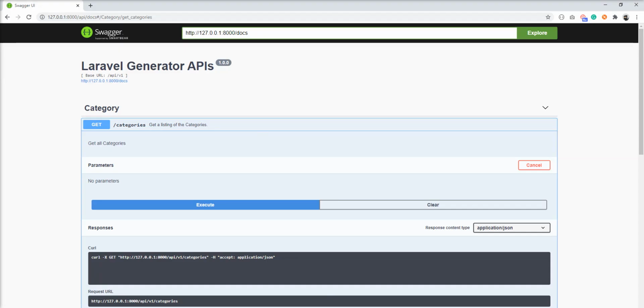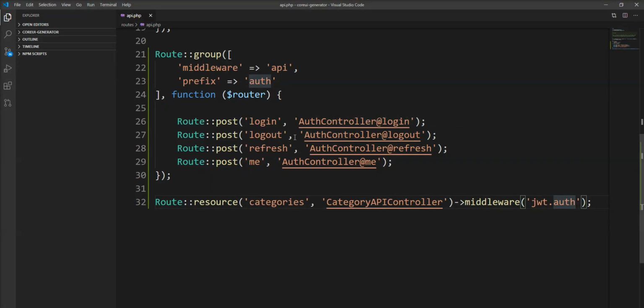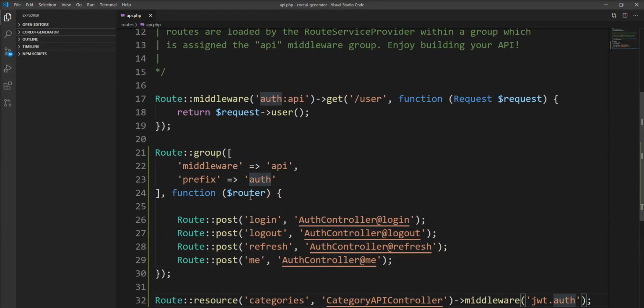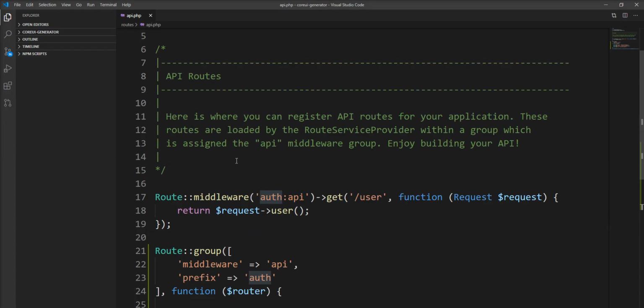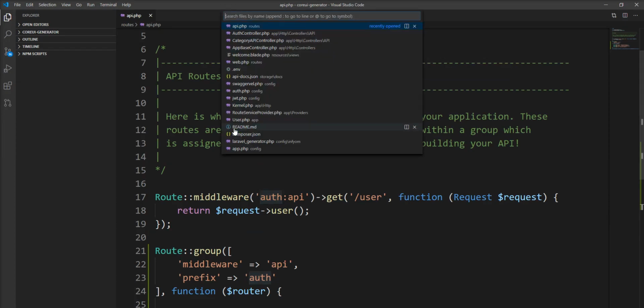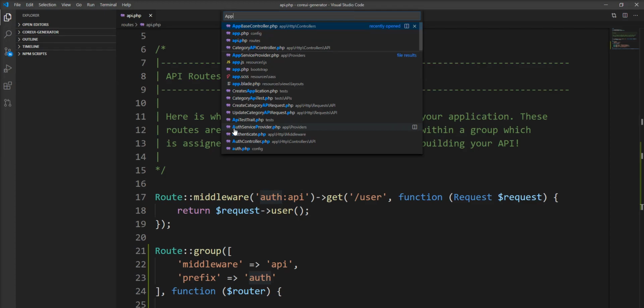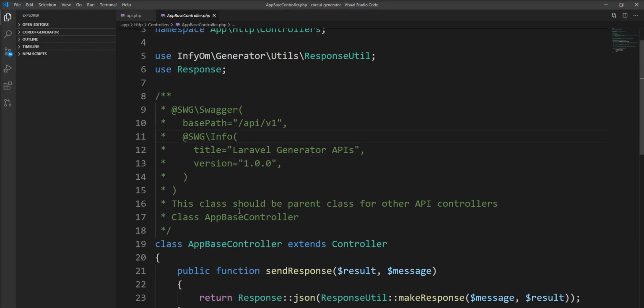So let's open the editor and try to specify the Swagger annotation for token. Here is the Swagger annotation of AppBaseController. If you are using Infyom Generator, then you need to specify the security block here. So let's edit.